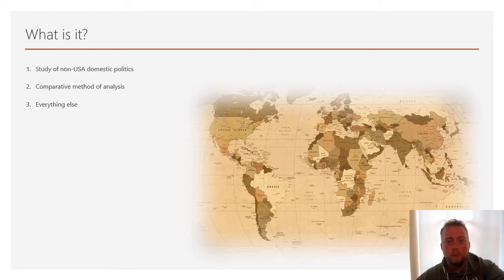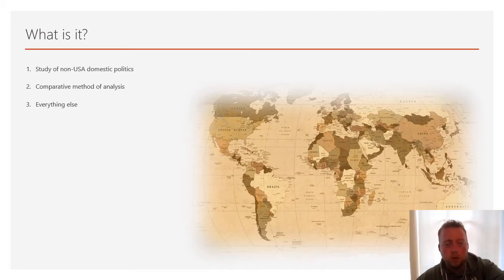Or number two, it's comparative politics if it follows the comparative method. The comparative method is a unique political science method. It has a wide variety of possible units of analysis. So unit of analysis is sort of like how big or how small, how detailed we're going to be looking. So a unit of analysis for an anthropologist is going to be different cultures. A unit of analysis for a comparative method could be a movement, a state, it could be several states, it could be a region, whatever it is,